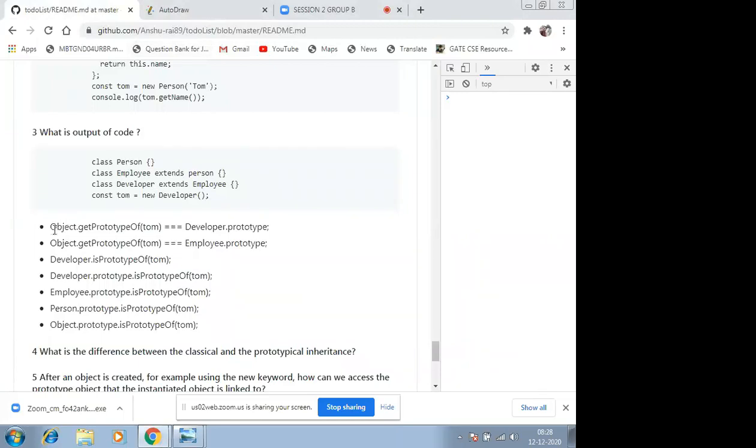So the first question: we are checking whether Object.getPrototypeOf(Tom) is equal to something. That means I'm saying, give me the prototype of Tom. You guys should be familiar with the fact that if I have to get the prototype of any object, I can use the function